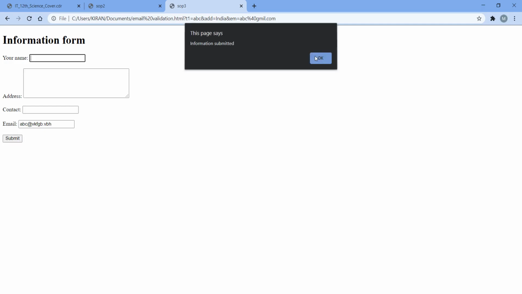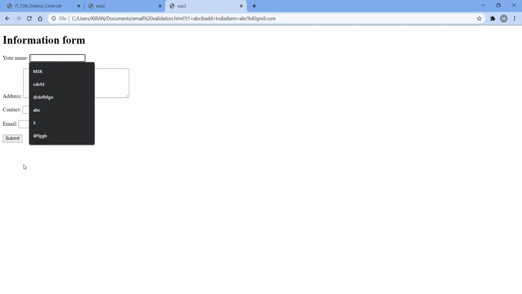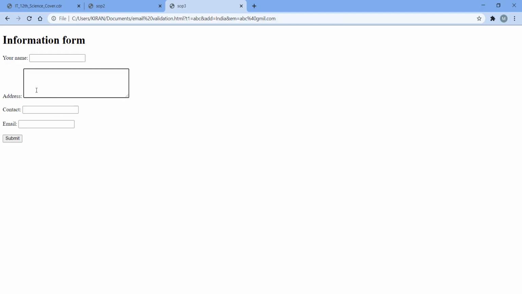Okay, and here the placeholder is not shown in Google Chrome, but in Firefox, if you see the output, you can see that placeholder property. So you will get a message, enter address. In Google Chrome maybe it is not supporting that property, otherwise all the controls are functioning properly. We are getting the message required if we keep the form empty. Again our email address is also being checked, the address is also entered, and the contact number takes 10 values only. So this is the output for SOP 2.